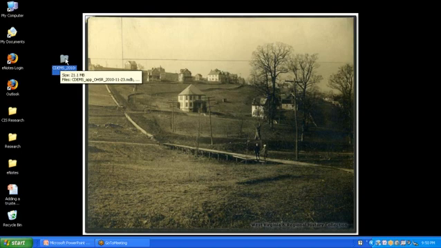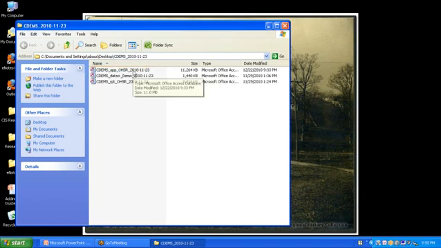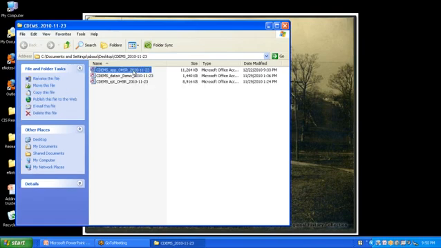So I'm going to open up the folder, and in here you'll find those three main data files that you've been working with already. You have the CDEMS_app file, which is the registry's application. You have the CDEMS_rpt file, which is the reporting tool. And then you have the CDEMS_data file, which is the data to which both the application and the reporting tool will be linked. So I'm going to double-click on the application,